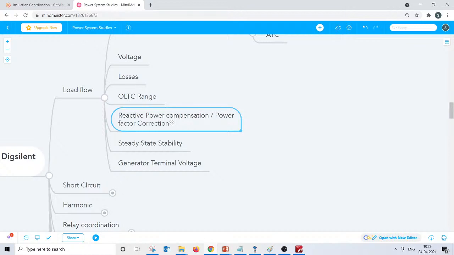I have seen quite a lot of solar plants feeding this 400 kV grid, connected with maybe 1 or 2 kilometer cables, which inject a huge reactive power, and they are not able to meet the reactive power requirements of the grid. What I mean is, when you connect a solar plant, you need to maintain some reactive power range or power factor, or you need to control the reactive power or the power factor, which they are not able to meet because of just a small length of 1 or 2 kilometers.